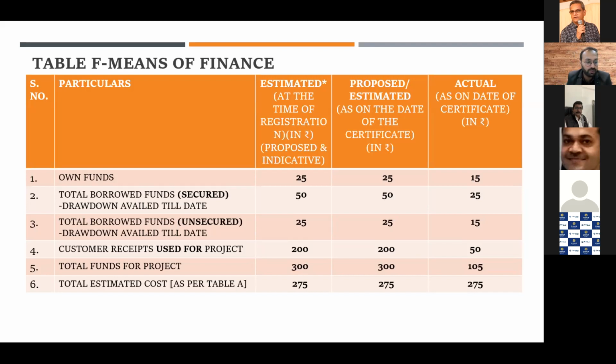Collected from allottees of the project unit as indicated in table C has been deposited. So what I am certifying? I am certifying collection as well as deposition. तो मैं deposit भी certify कर रहा हूँ और collection भी certify कर रहा हूँ. I hereby certify utilization also. तो तीनों चीज आ गया. मैंने collect किया है, deposit किया है और utilize किया है. मतलब ये रोल हो गया form 5 का.